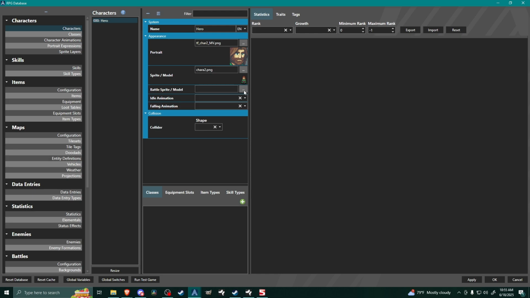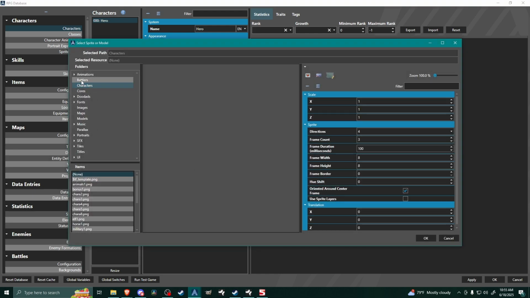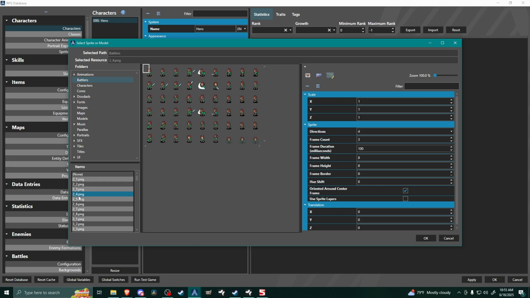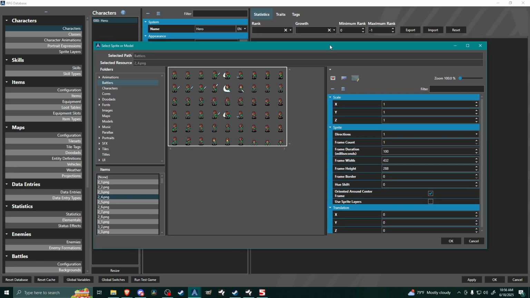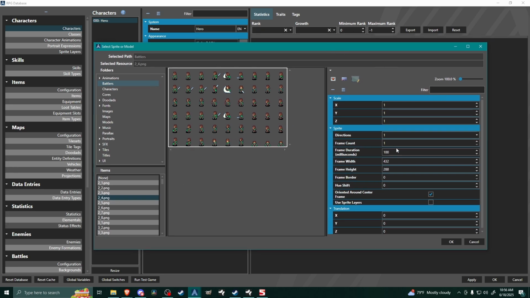We can set up our battle sprite model as well. I'm gonna click on this and then select battlers on the left side, and this is character 2-4. Now with this, you might be tempted to select the full sprite sheet like we did with the walking. However, we'll have to define these other stances, these other animations in another section of the database under battles. We will get to that at a later date, but for right now, let's just set